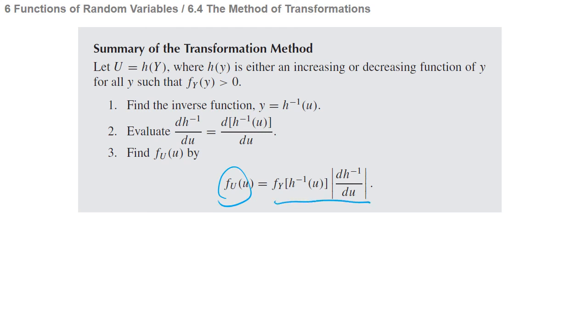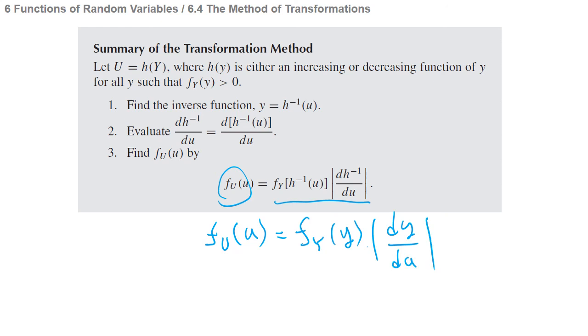A simpler way to memorize this equation is what I use: f_U(u) equals f_Y(y) times dy du. Actually, this equation is what I usually write, and these are the same thing, but I find it easier to memorize this way, so that's what I use. Okay,